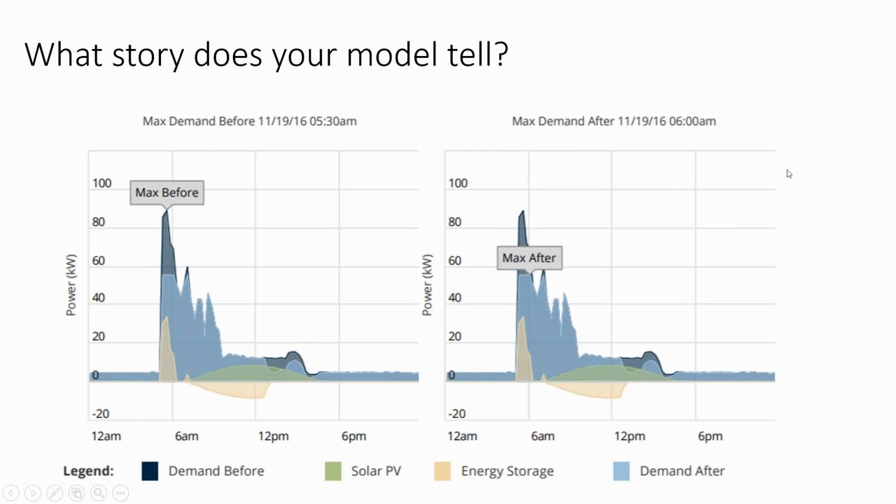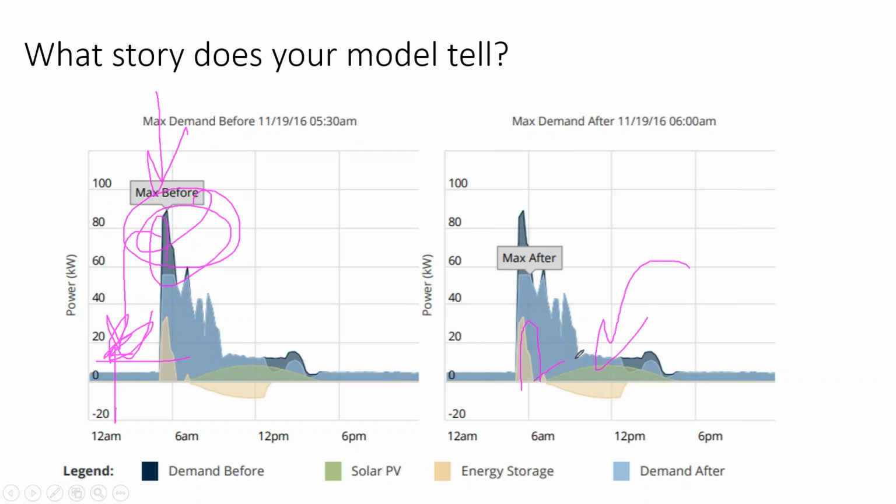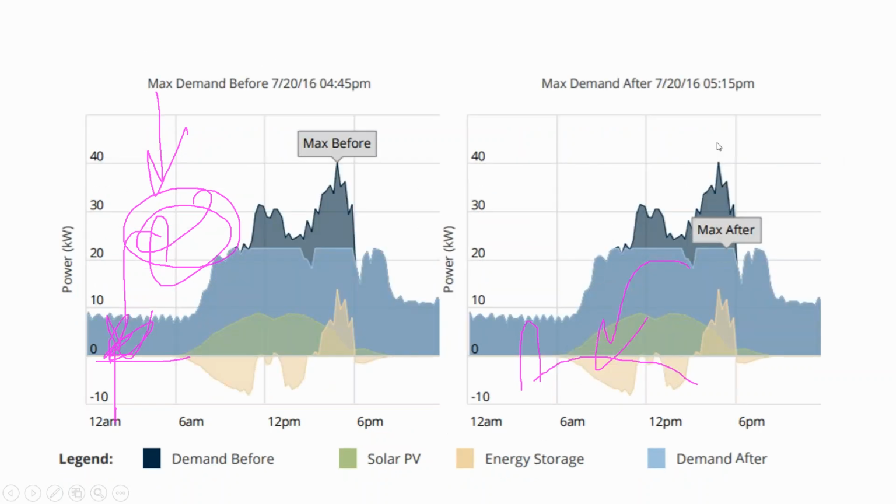I mean, really, this client could probably save some money by just taking this spike in his demand and turning the heater on at midnight instead of waiting until 6, using more energy but less power. And so really, his battery is being used in the morning and then being recharged by the solar array in the day. Whereas you get into the summertime,